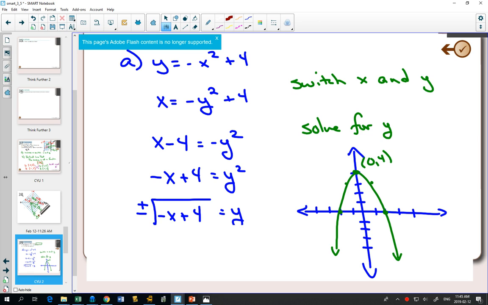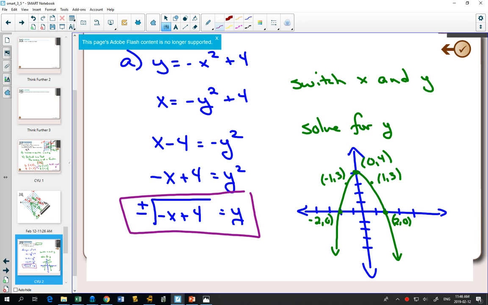There's my original function. And in purple, I'm going to graph this. Now this is harder to graph from the equation, but if we know that an inverse is just switching x and y, if I label some of these points on my original graph, (1, 3), (-1, 3), (2, 0), (-2, 0), and I switch the x and the y's, well, (0, 4)